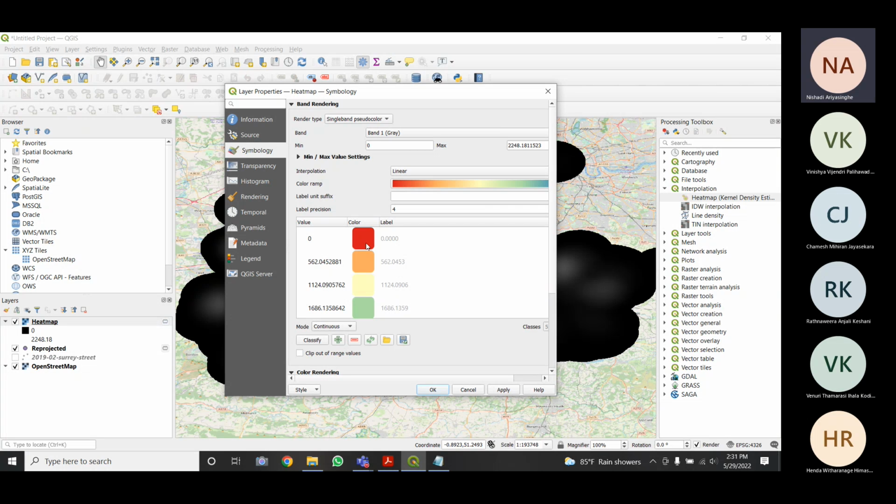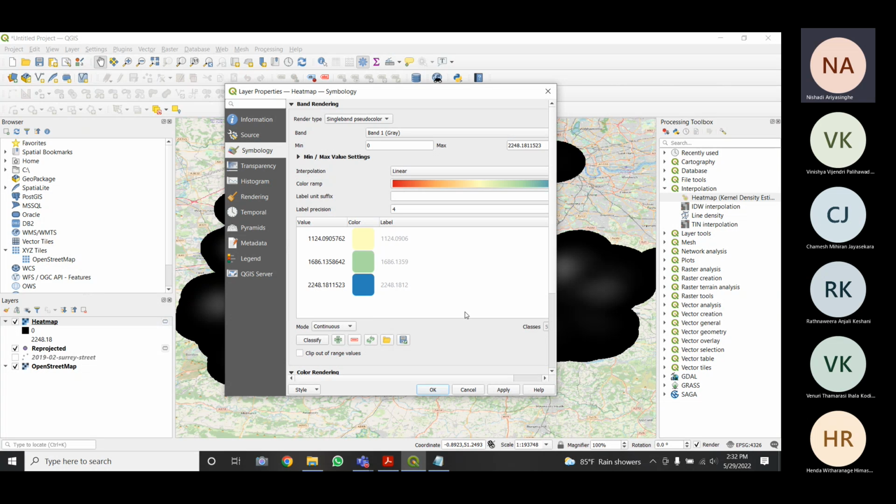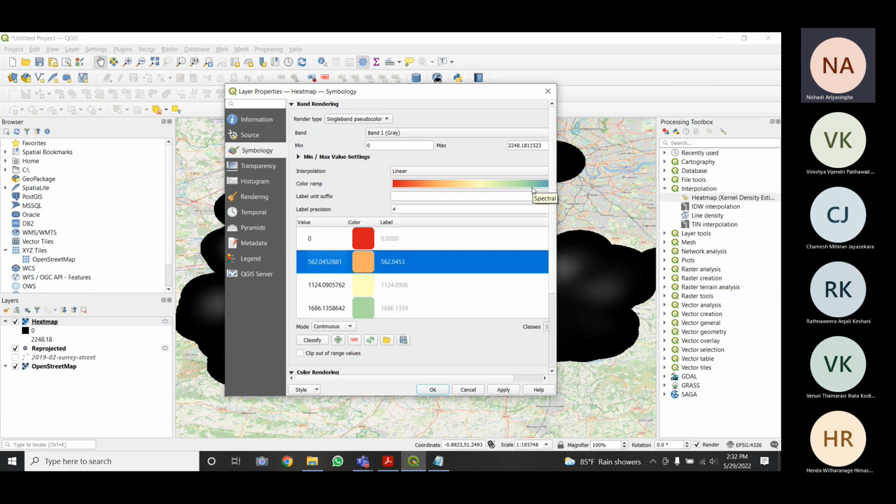The color with 0 has this color, and the other range has these colors. Depending on the weights that we have given, the weights have been distributed according to the number of colors in this spectral color ramp, right?